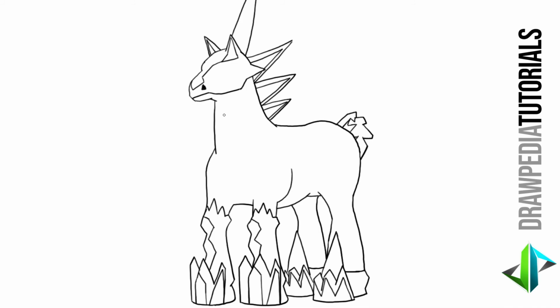Now on his body, I'm gonna draw some lines at the neck, downwards right there. And on the left side, above his front leg, a curve line across, and in the middle of his chest, a curve line downwards. At the side of his hind leg, at the front point right here, a curve line down, and another one